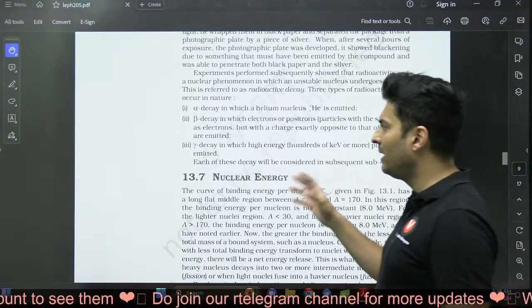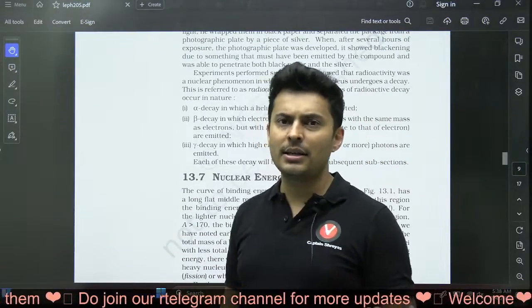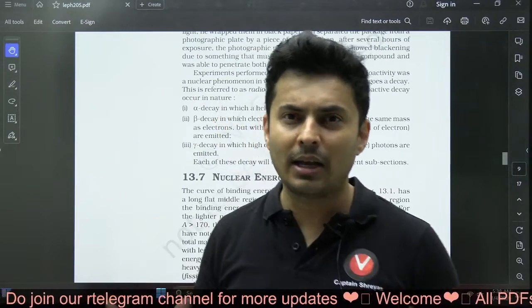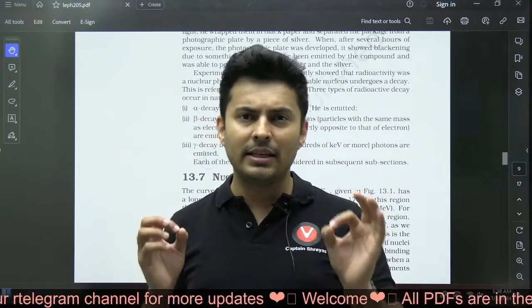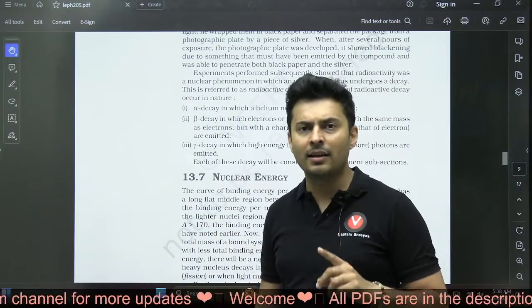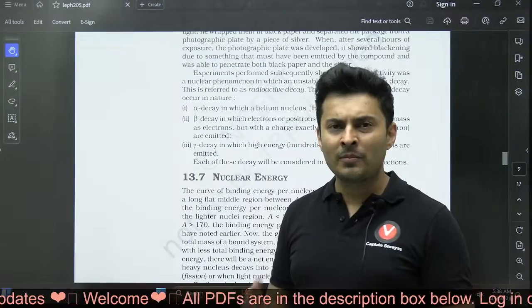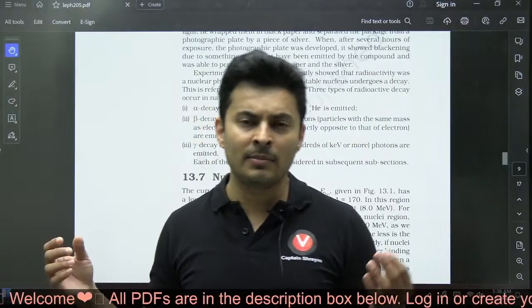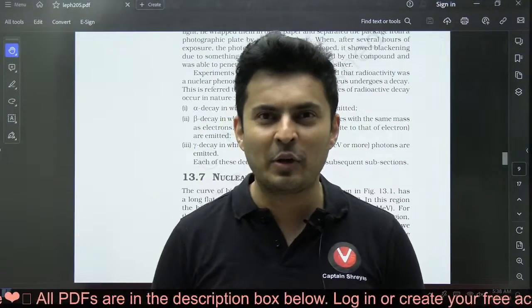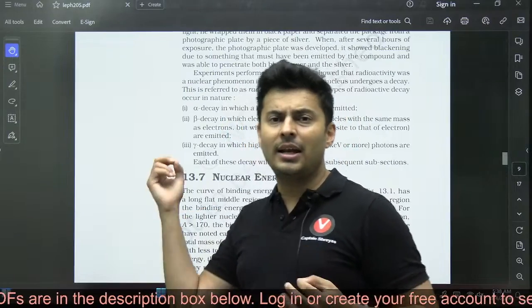Radioactivity, you should know about alpha, beta, gamma decay. Alpha is doubly ionized helium. They are very heavy, bulky particles, slow moving. Beta is a little bit tiny. They are electrons with one single negative charge. They move slightly faster. Gamma is nothing but a photon in the electromagnetic spectrum. They are the fastest because they move at the speed of light, and they are the most energetic and highly penetrating